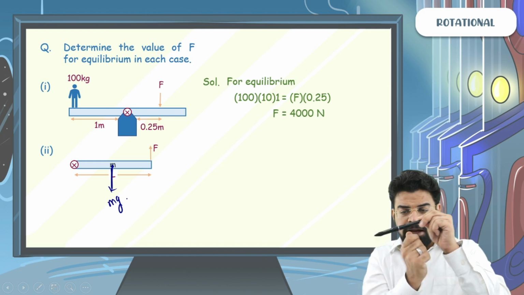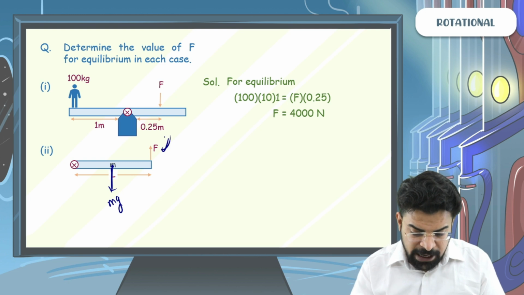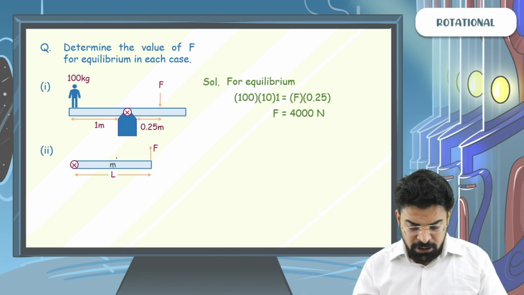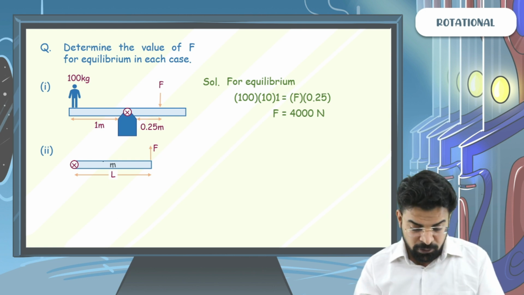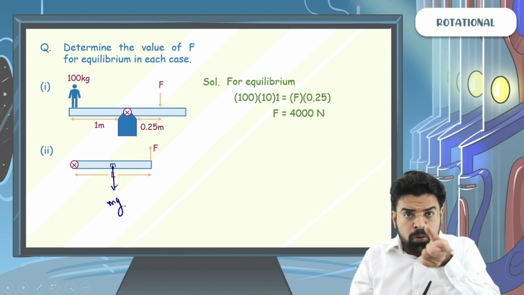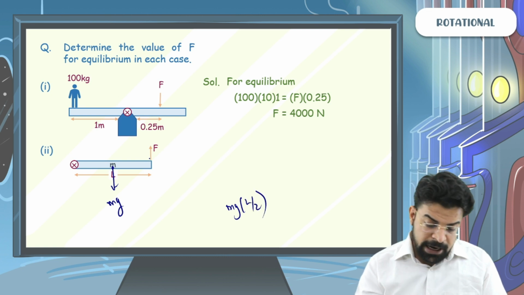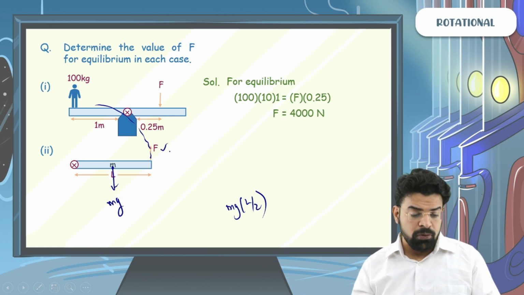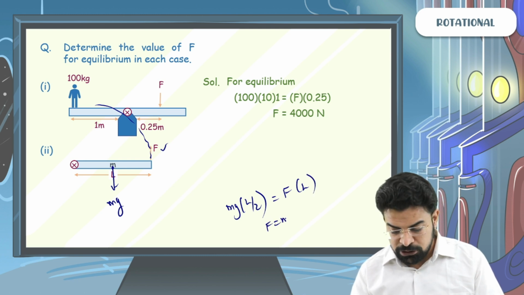Now this force of gravity will try to turn the rod clockwise, while this force F will try to turn the rod anti-clockwise. So now we have a force of gravity which is trying to turn the rod clockwise and a force F which is trying to turn it anti-clockwise. For equilibrium, both the torques should cancel out each other. The clockwise torque because of the weight will be mg into L by 2. The anti-clockwise torque because of this force F will be equal to F into L. So you will say mg into L by 2 equals F into L, or beta, F has to be equal to mg by 2.